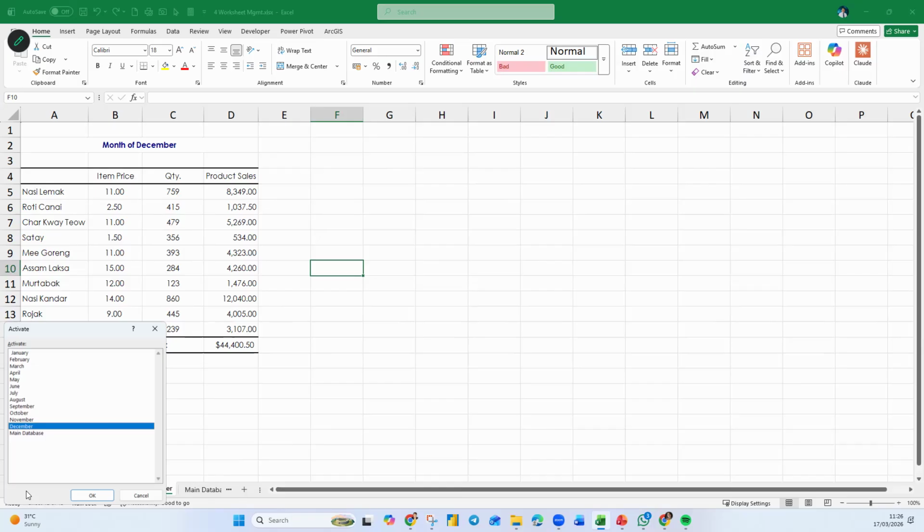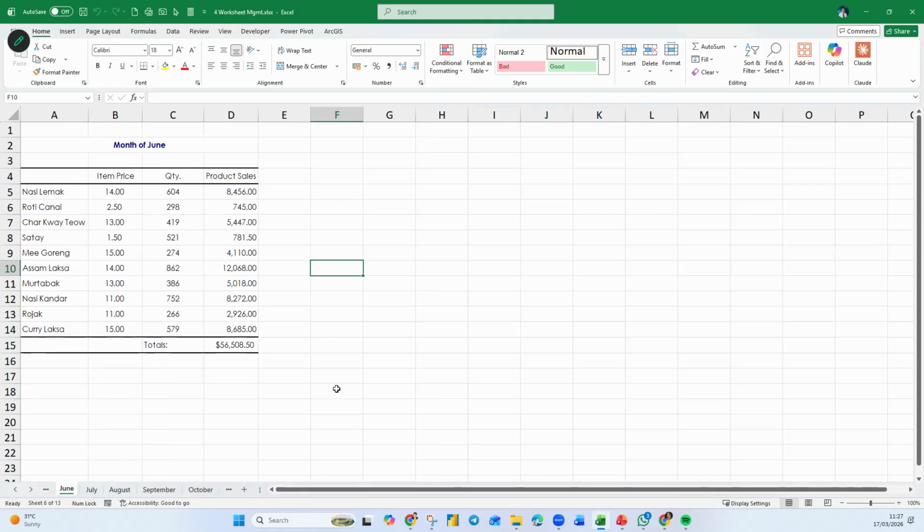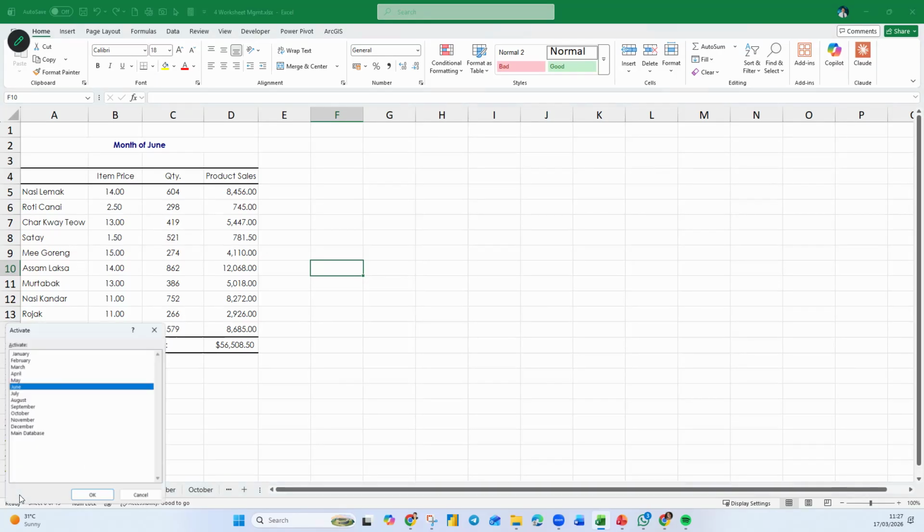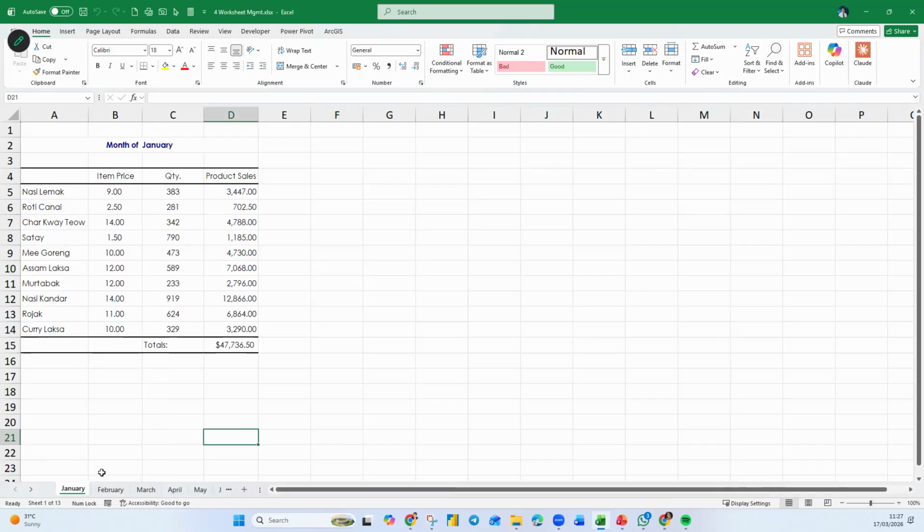So imagine you have 30, 40 worksheets. You have to click, click, click, click to find it. Then you have to click, click, click to go back, right? So here you just right click, and they'll give you a whole long list of worksheets that you want to go to. I want to go to June, so I'm in June. Can you guys follow? Very simple, right? So don't work so hard. Don't stress out so much. Just tell them where you want to go. Just right click and you are there.